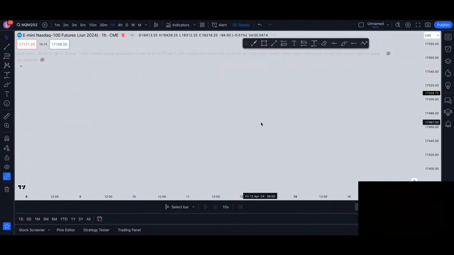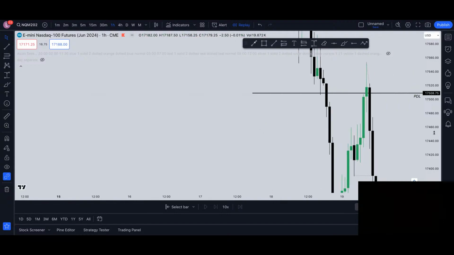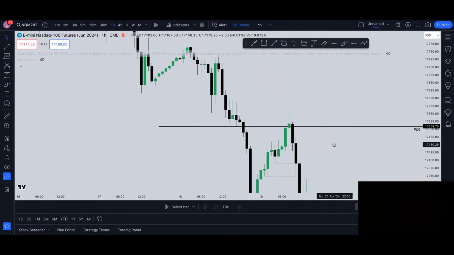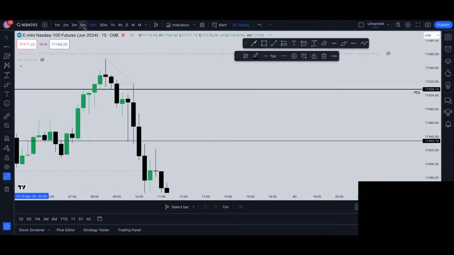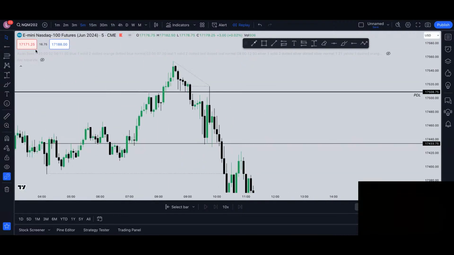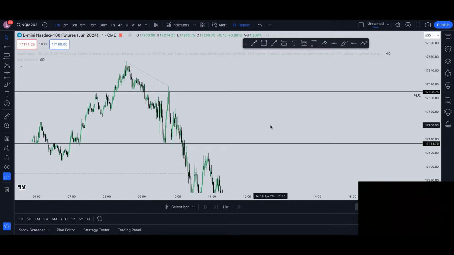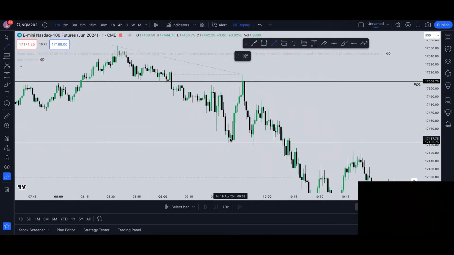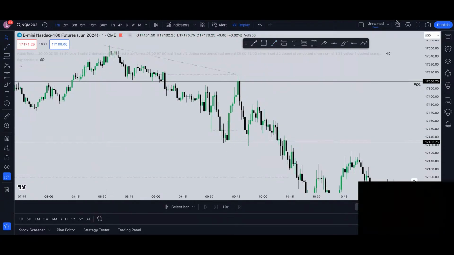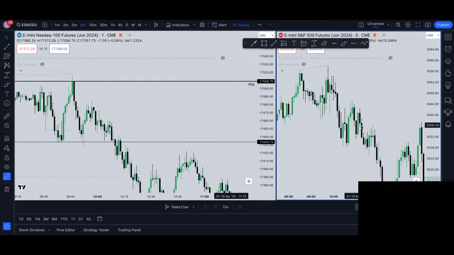So what I was looking for, we can see this 1 hour order block, right? Let me go to 1 minute. So when I saw this low and order block over there plus SMT,